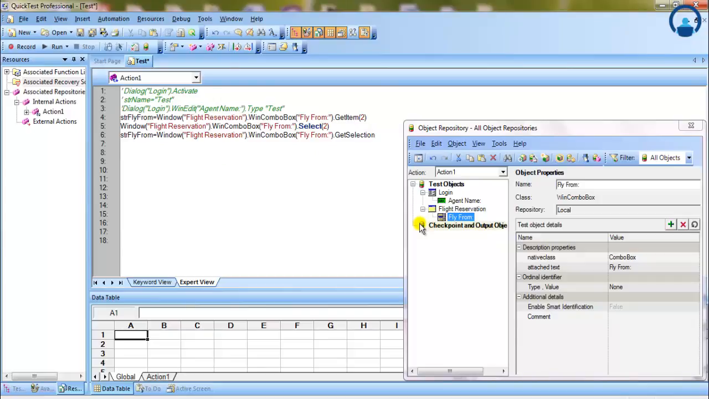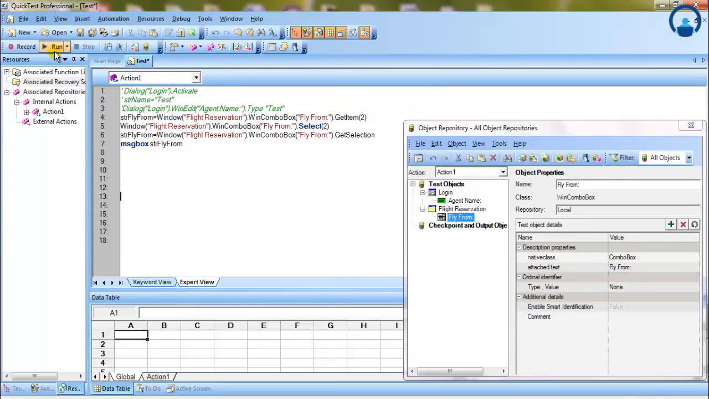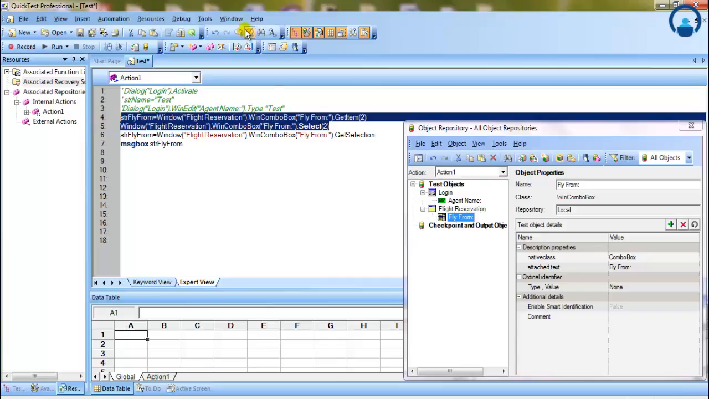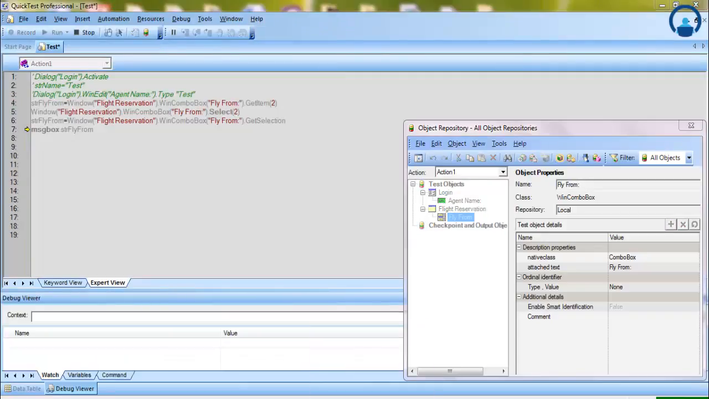So let's see if we are doing it properly. I would like to display my variable value so that I know what I'm doing. Here if you see, Portland is the default value which is selected. Now when I run this script, before that I'll just comment this part. I want to see whether Portland is displayed. So as you can see,